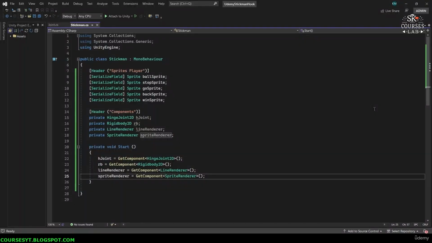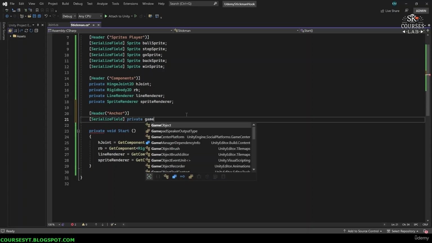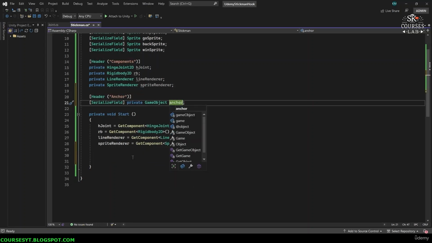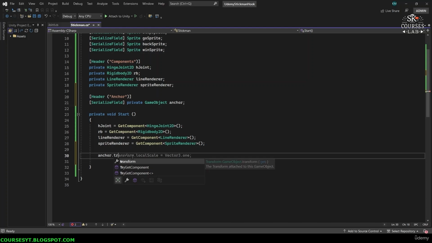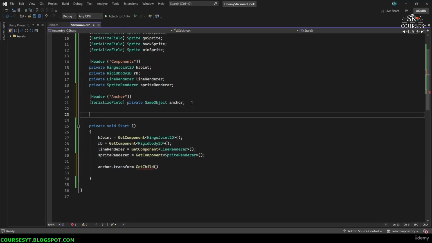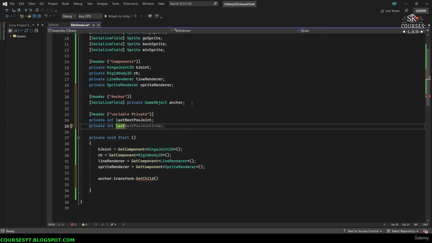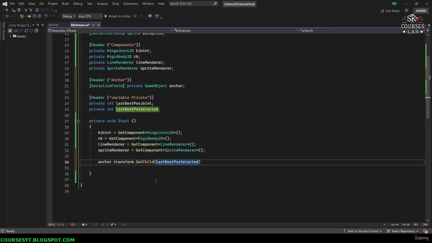Now open the Stickman script, create a header called Anchor, and a serialized field private GameObject called anchor, and give it a reference in the Start method: anchor.transform.GetChild. Now let's create one more header called Variable Private. Here we need a private integer called lastBestPositionJoint and another integer called lastBestPositionSelected. And now inside the GetChild, add lastBestPositionSelected.gameObject.GetComponent,